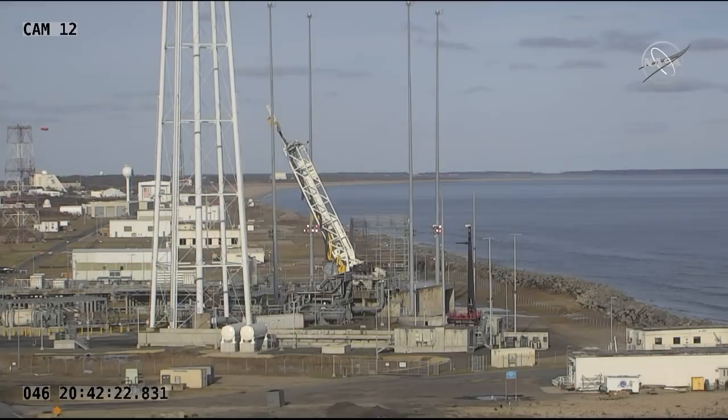Cygnus will deliver about 7,500 pounds of research, crew supplies, and hardware. At the time of launch, the International Space Station was flying 258 statute miles over the western Pacific, northeast of the northern Mariana Islands. Solar array deploy is expected to occur about an hour and 19 minutes after launch, so